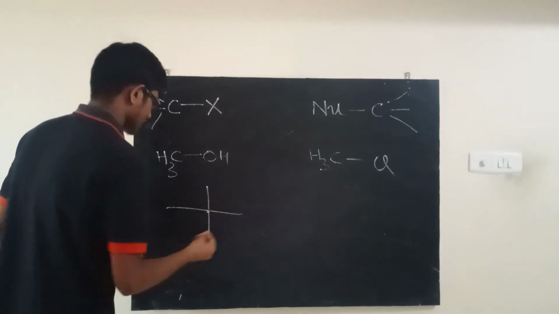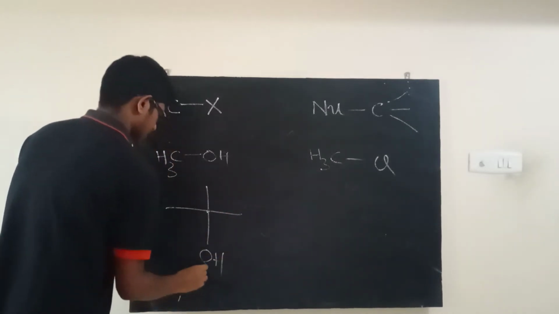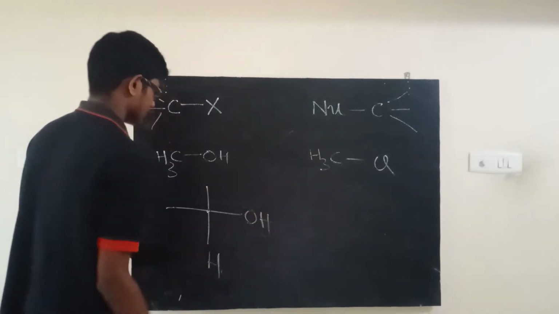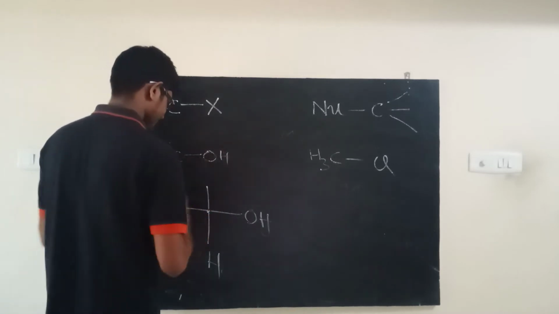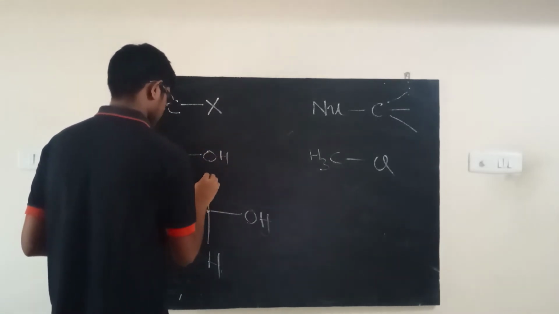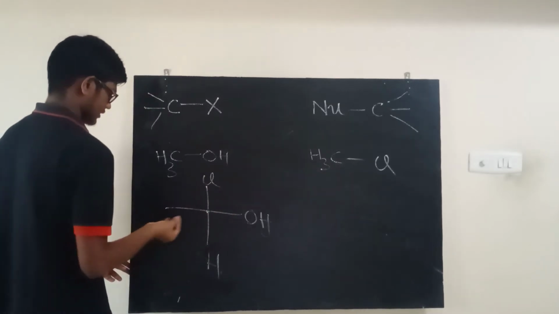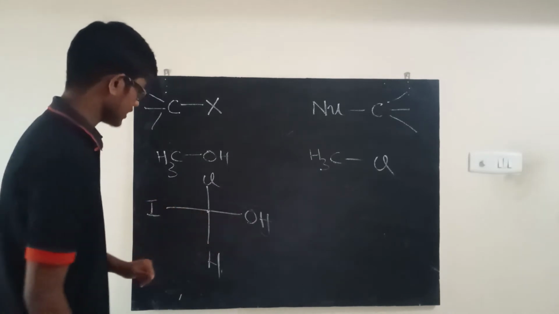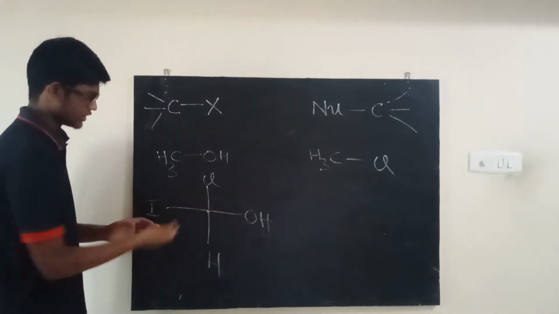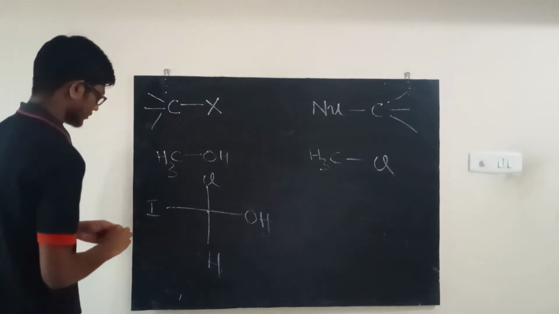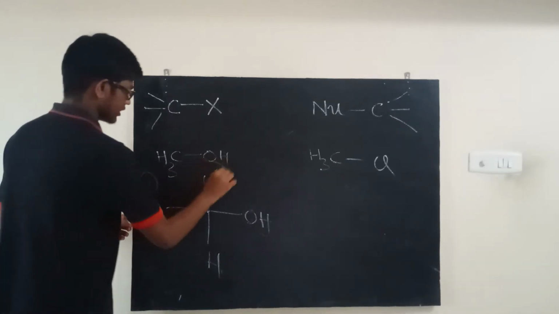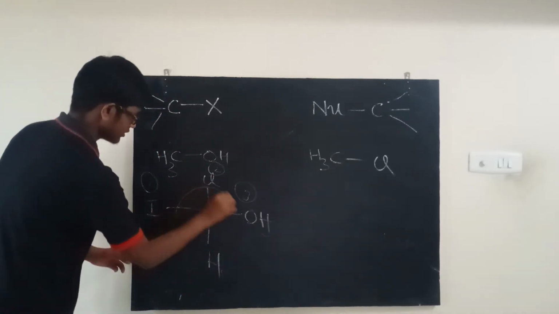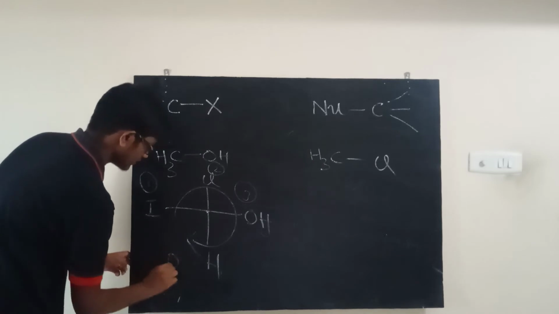So let's just say you have some random 4 groups, right? Suppose you have an OH, let's say H here, OH, and some other random functional groups, right? So you need to make it chiral. So let's say some chlorine and iodine or something. And let's say this OH minus gets replaced. Now let's look at the stereochemistry of this guy. First priority is obviously the iodine. Second priority goes to chlorine. Third priority goes to oxygen, right? And the least priority group is on the vertical axis. You're going clockwise, right? So this is R, right?